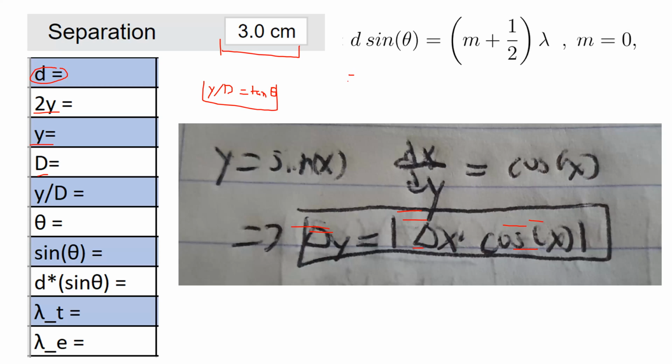Once we have that, we can simply use this formula. Remember, we got that wavelength will be equal to 2 times d times the sine of theta. So therefore, the theoretical value of the wavelength will be equal to this one. Now we also get the experimental value of the wavelength. This will be measured by just